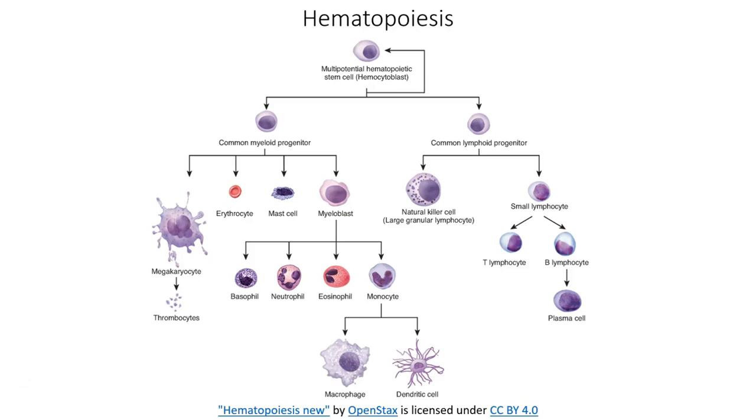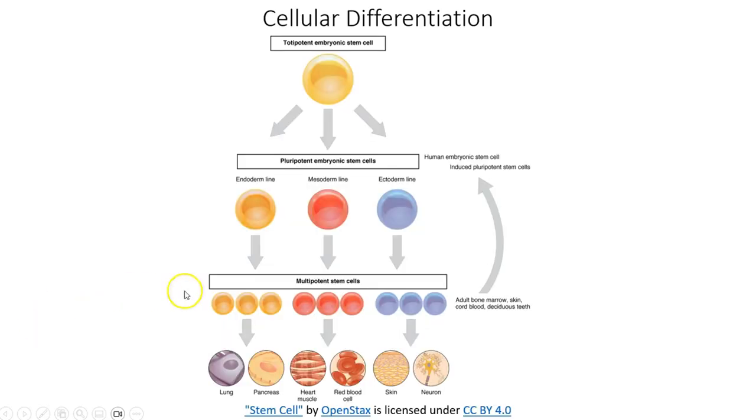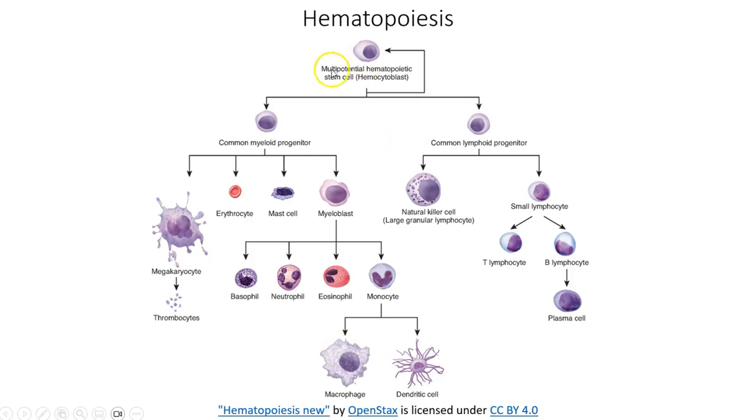So we looked at this graph last week, the hematopoiesis graph. This is a really great example of how this works. We are going to be starting down here at that multipotent stem cell line. So we have a multipotent hematopoietic stem cell, or a hemocytoblast is what they can also be referred to as. But this is a multipotent stem cell, and basically it has been signaled to become a level of specialization where it knows it's going to become a blood cell. It just doesn't know yet what type of blood cell.